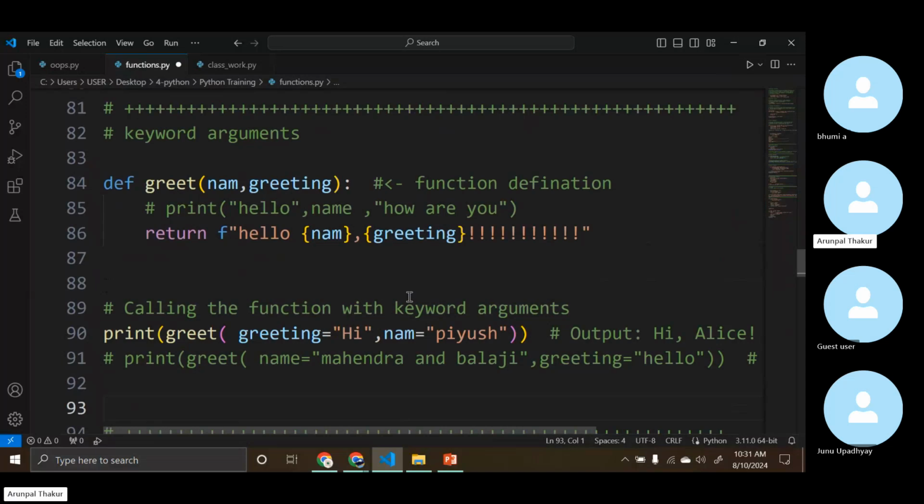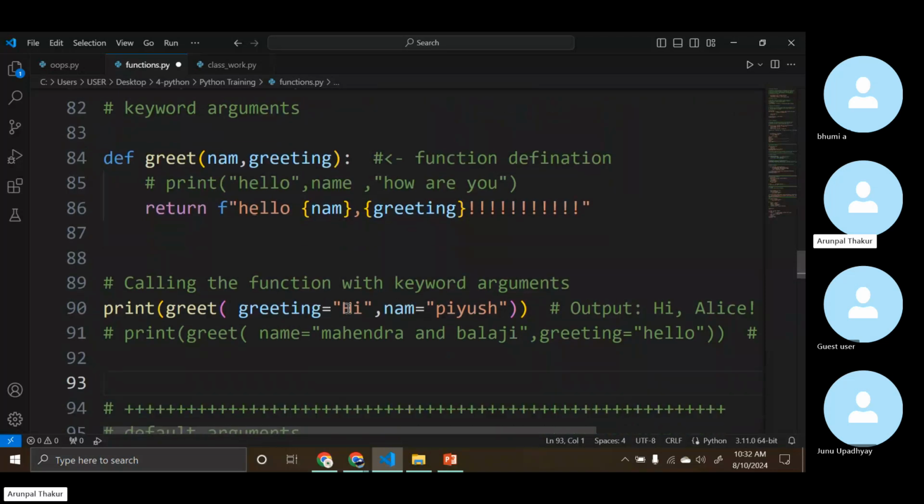But if I want to pass 7 into y and 8 into x, I have to remember that and pass 8 first, then 7. Yes or no? So to avoid that, I use